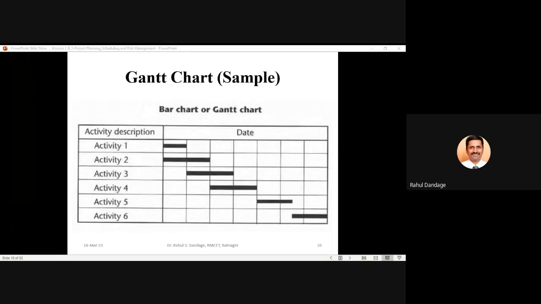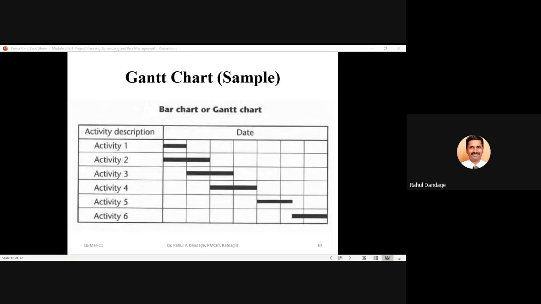Likewise, you can go on understanding when each activity is starting, when it is finishing, and at any particular point of time, which activities have finished, which are yet to start, and which are in process.